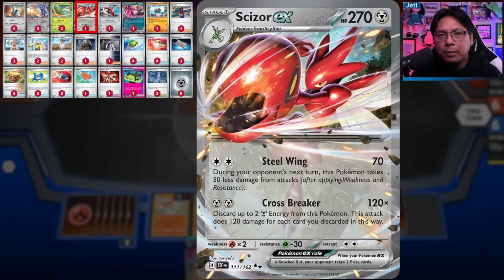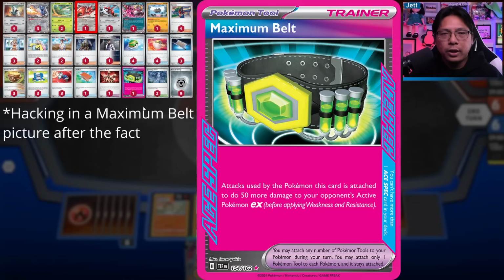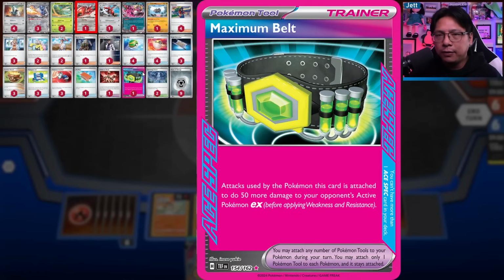I don't have a slide for it, but this deck also has Maximum Belt, which we can see over here, which is going to give you plus 50 damage on attacks towards Pokemon EX, which again is another way of fixing Archaludon's biggest weakness of doing only 220 damage. At that point, you're swinging for 270, which is fantastic, and Scizor EX is hitting for 290 with the belt, which is going to be enough to take out pretty much every stage 1 EX in a single hit as